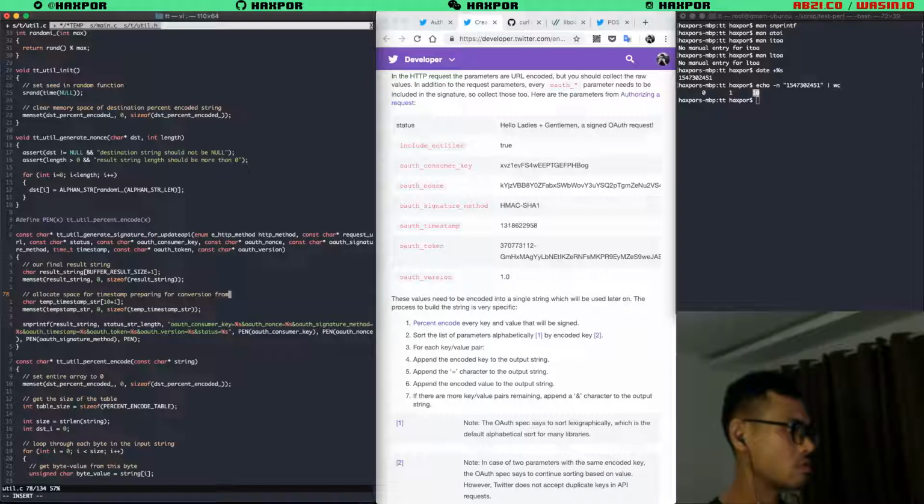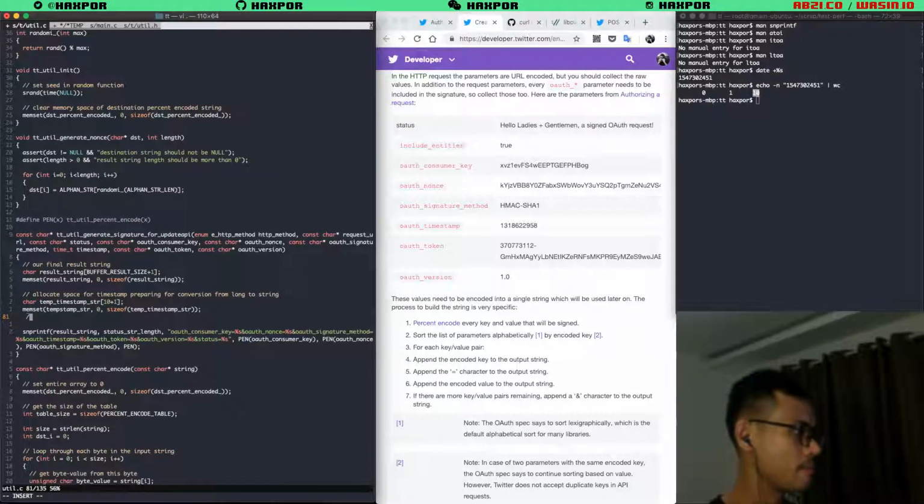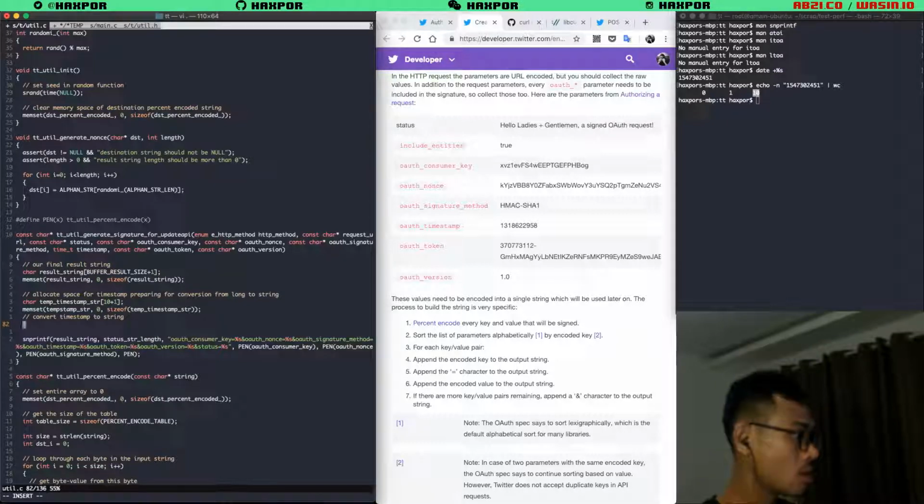Preparing for conversion from raw, up to string. Right. And now convert it. Convert from timestamp to string. SNPF here.